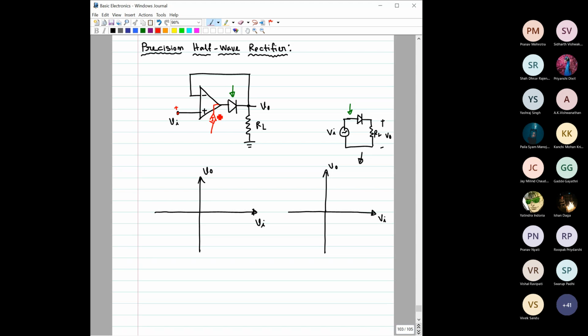So whenever this is positive, this voltage will become positive. When this is positive, this diode will be forward biased, right? And some current can flow through this diode. Then this potential, because of this voltage follower nature, has to be equal to this. So as soon as this Vi has any slightly positive value, immediately you will get that output